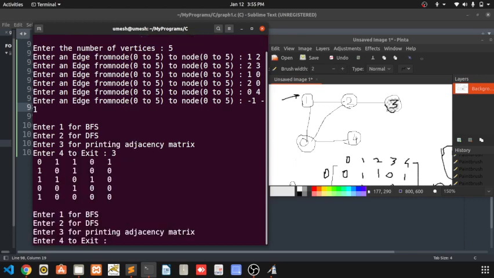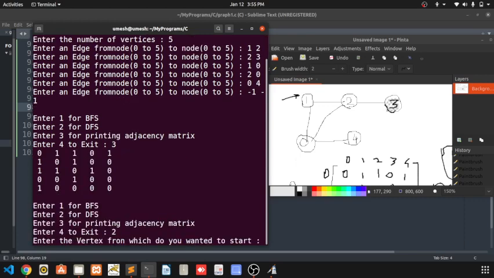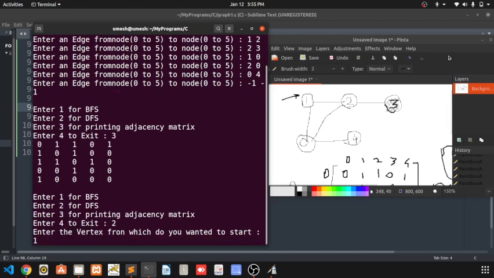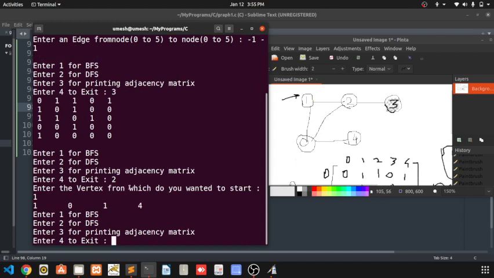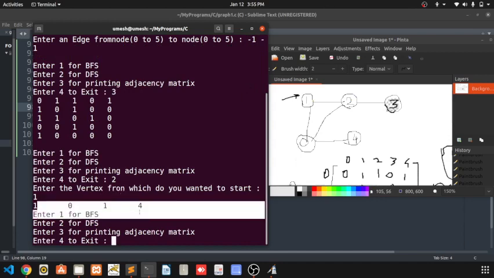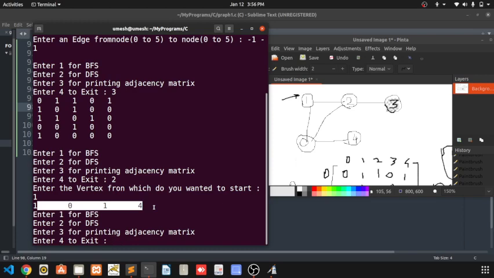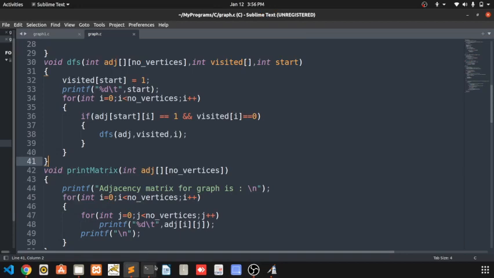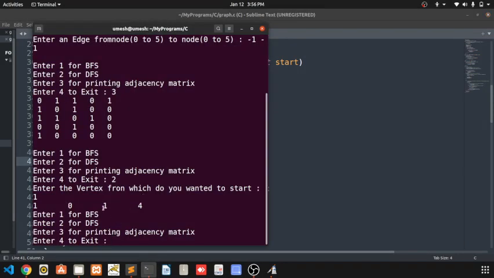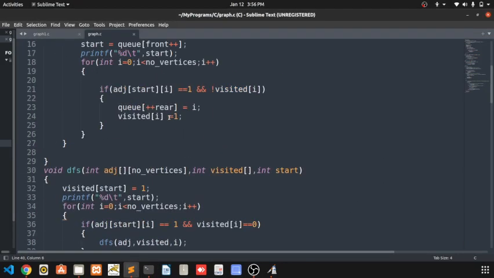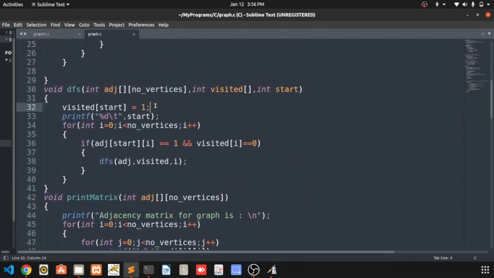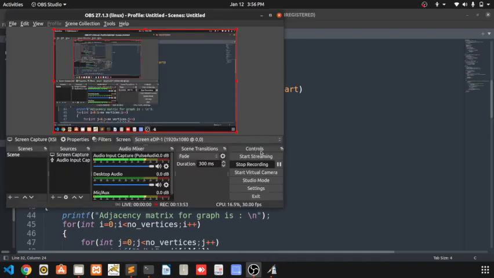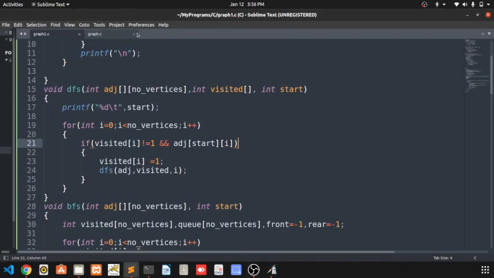Okay, adjacency matrix is this. Let's find the DFS. DFS we are finding from 1. So now I will give how. Okay, just enter. There is again some mistake. I'll just see. The 1 is printed twice, and what I have done is, whenever I am marking it as visited, okay, sorry, yeah, so this is the program.